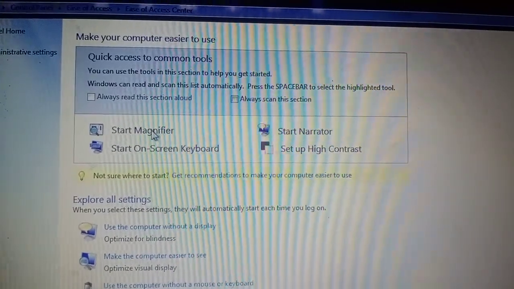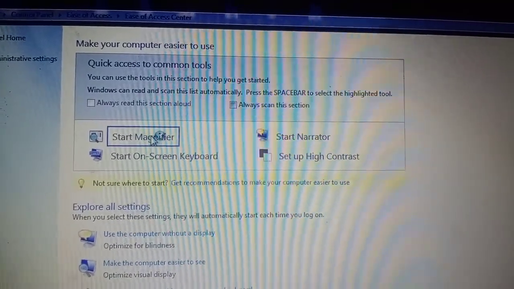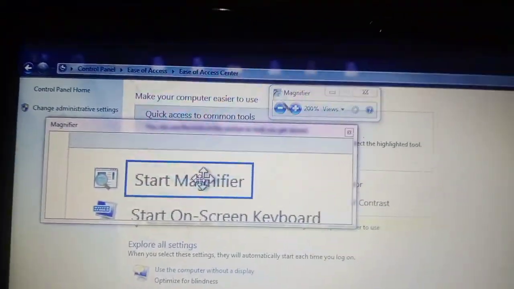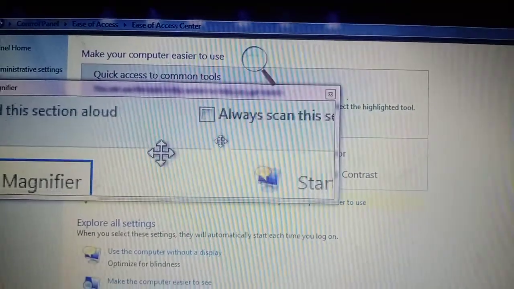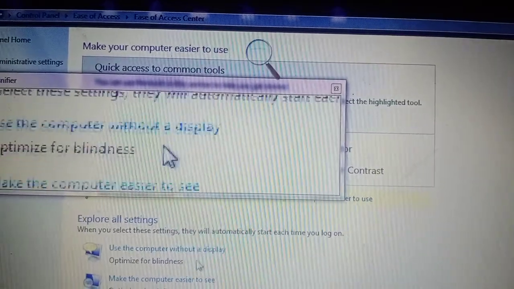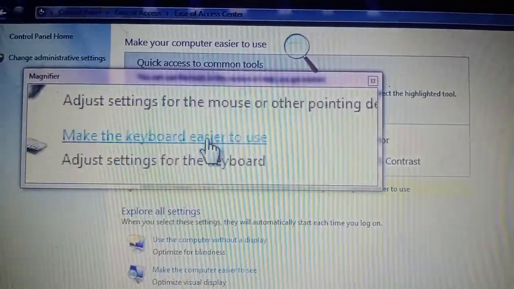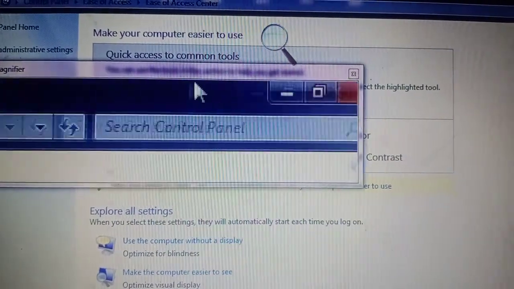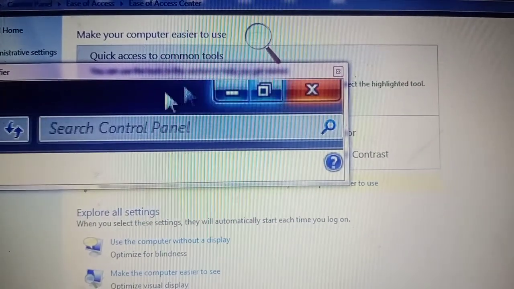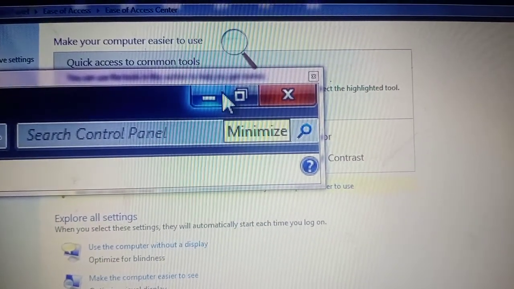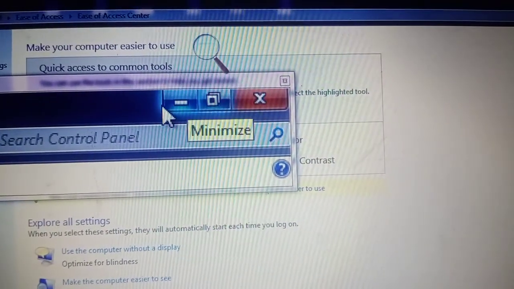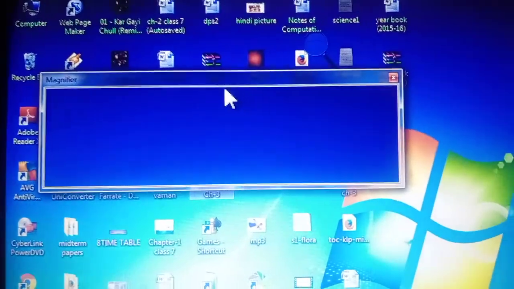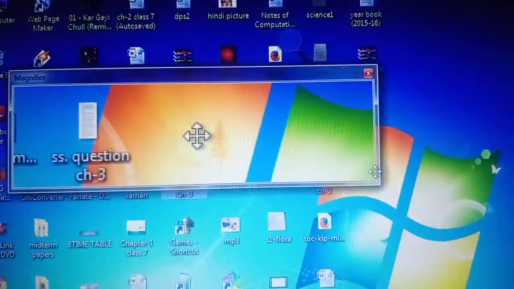Now I am clicking on this. Now you can see the magnifier has started here. Whenever you go somewhere, it is shown in this magnifier. So I am minimizing this screen, and you can see the magnifier is shown here.